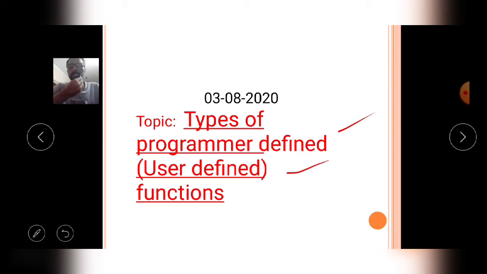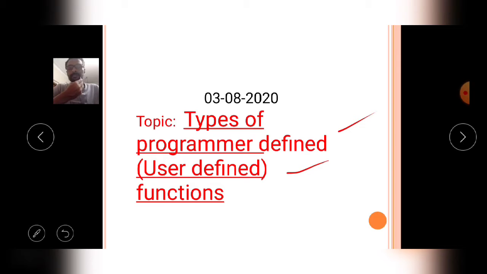Then the second part is the definition of the function. The definition of the function contains a block of code, meaning a group of instructions which are interrelated and do a task or subtask. The definition of the function works when the function is called by the caller function.